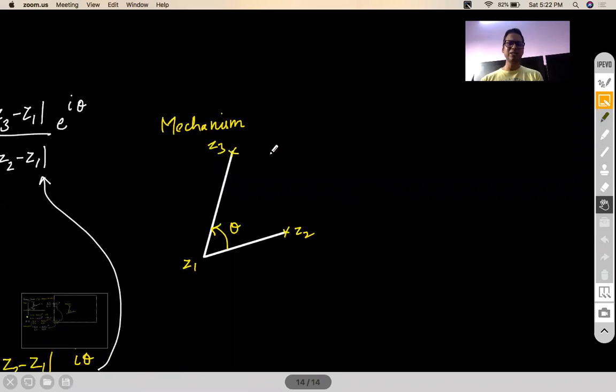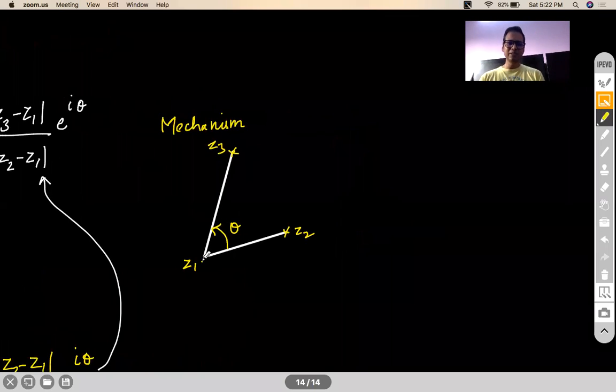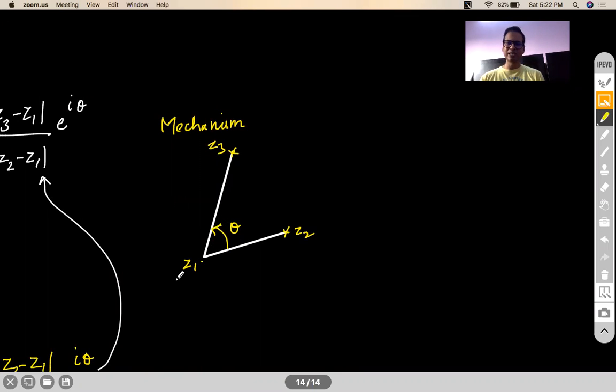Okay, so normally what I do in order to remember the formula, I first write down the two complex numbers which are attached to the arrowhead of this angle, keeping this point, which I will refer to as a pivot point, second. Why am I calling it a pivot? It is because it appears as if I'm rotating it about that point. Right? You see the screen, I'm showing it on the camera. As if you're rotating it like this, about that pivot point. Something like a hinge point. So I always write down the two complex numbers which are linked to this arrowhead first, keeping the pivot point as the second point. So z3 minus z1. So the pivot point is second.